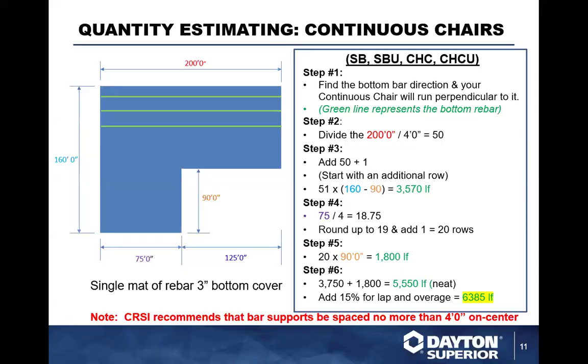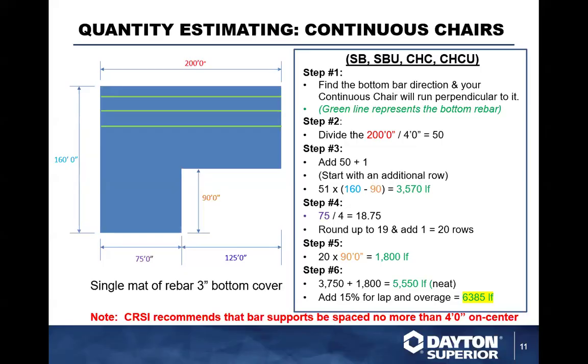51 rows times 160 minus the 90 feet here typically is going to give me a grand total of 3,570 lineal feet for the blue section. Now, step 4 we're going to take in is we got the 75 feet here from the bottom, because our top next mat is going to be running transversely on this slab, because the two mats will typically always run perpendicular to each other. So one running longitudinally across the slab, the next mat that's sitting up above it is